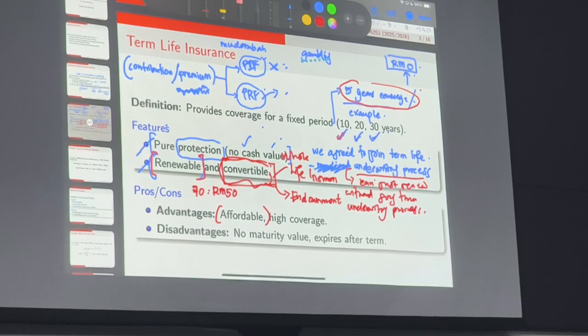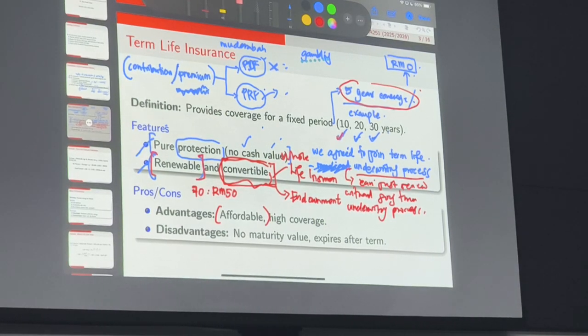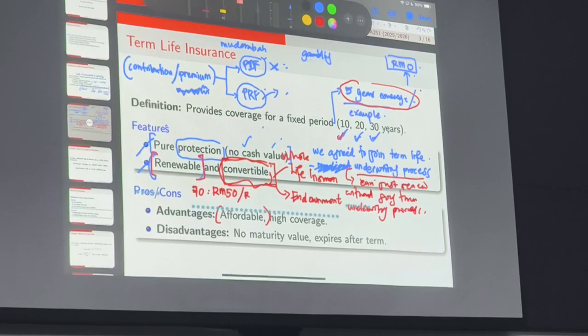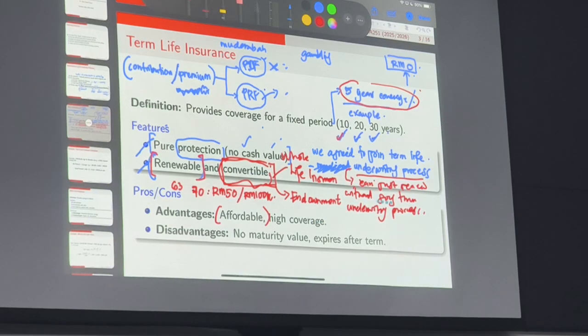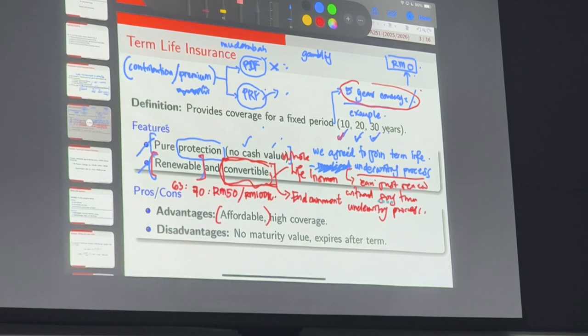RM50, real case ya, RM50 per month for coverage RM100K. So this is compared to life insurance, kalau lah umur dia sekarang ni 63 for example, umur ayah lupa lah,